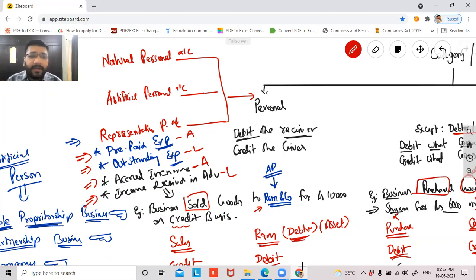As of now, you have to remember that whenever you come across any business financial transaction with the flavor of prepaid expenses, outstanding expenses, accrued income, and income received in advance, these four mean you look up to the rule which is representative. I repeat one more time, these accounts do not have the flavor of income and expense. Just because expense or income is there, don't think that these have the flavors of income and expenses. No. These belong to either the asset category or the liability category. So you will get a thorough understanding of these four special transactions only when I come to chapter number 8, that is journal.